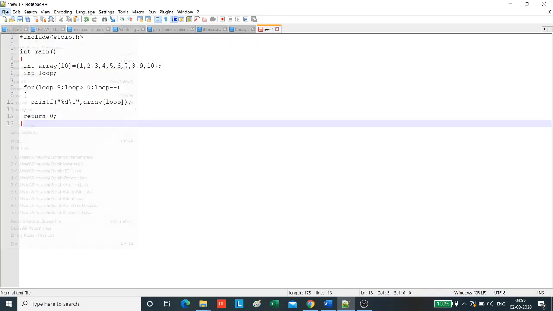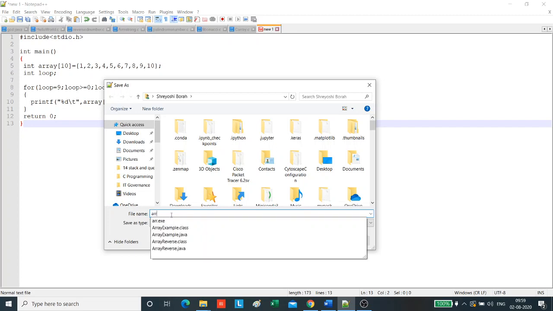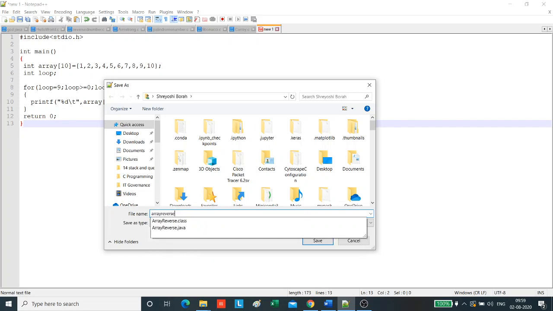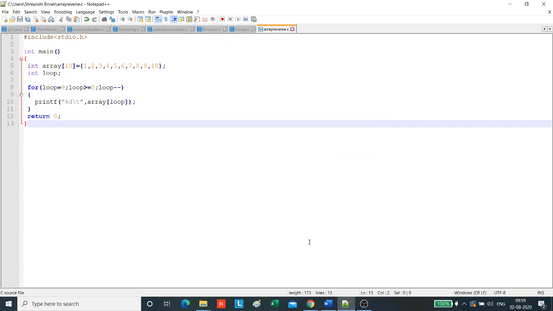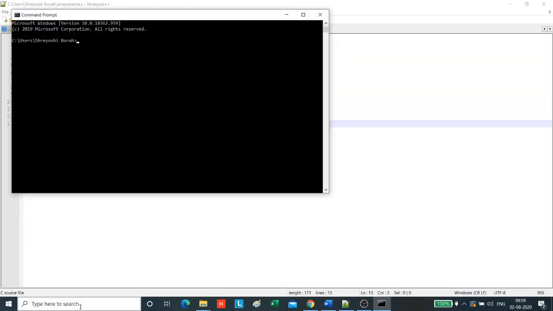So now I'll save this program as, let me save it as array reverse.c, and save. Now this program we will execute in the command prompt.